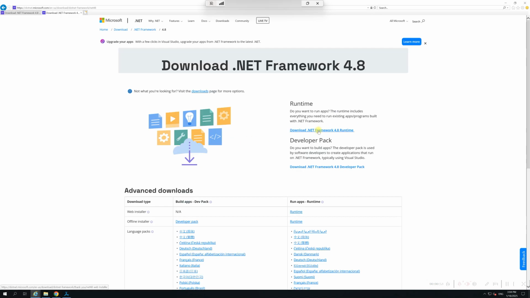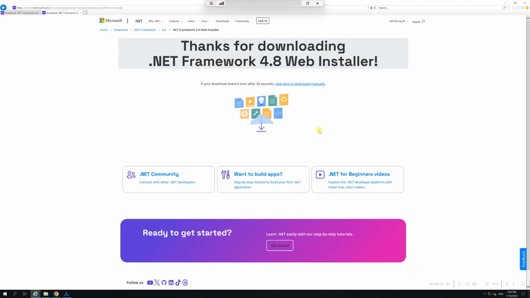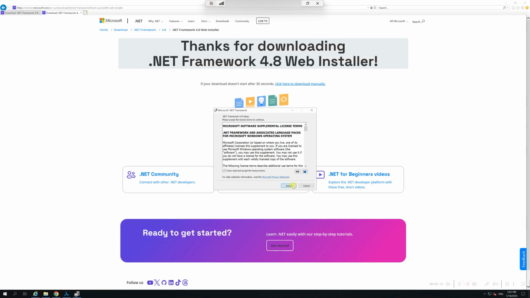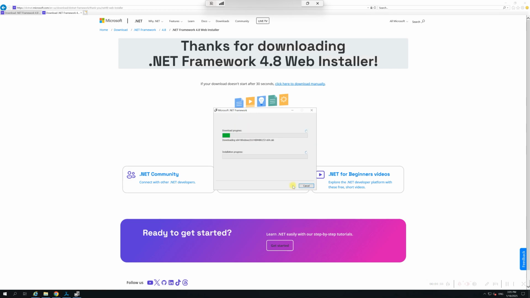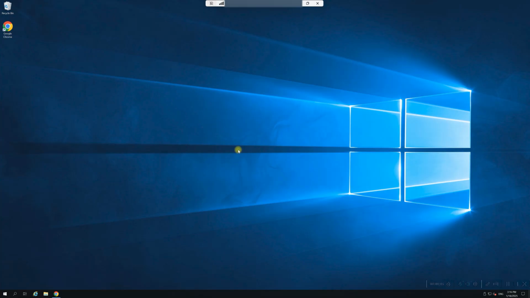You can hit download .NET Framework 4.8 runtime. And click to download manually. Run. Once our 4.8 .NET Framework is finished, we can go back to our